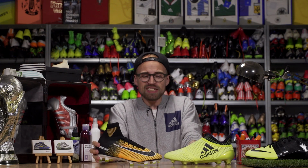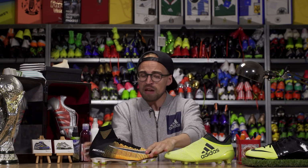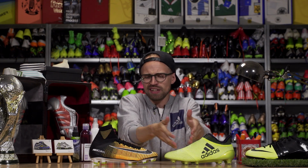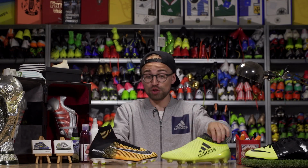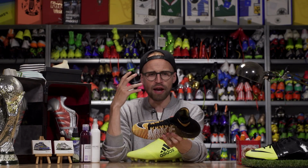With that said, texture and grip-wise, you do get a little bit more in the Superfly. Again, both do relatively well, so we're talking about soft paddedness here and a little bit more grip in the Superfly 5. In terms of striking, it feels like it's a little bit more bone-to-ball in the Superfly 5, as